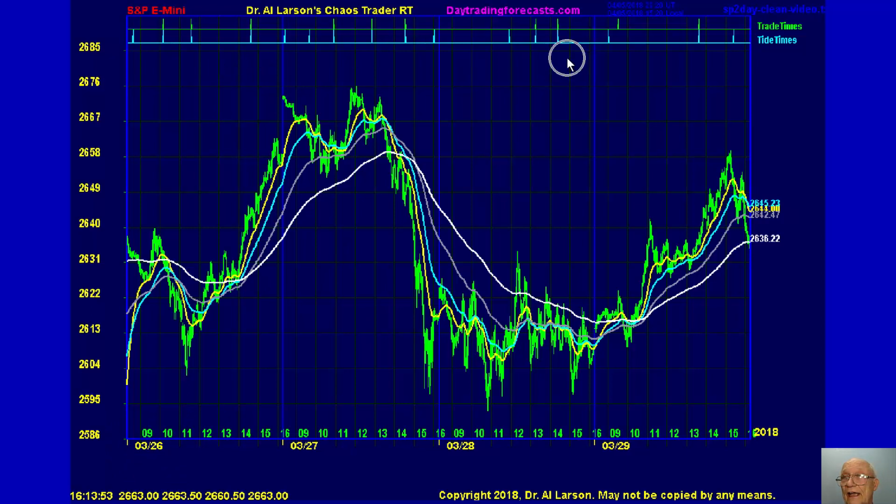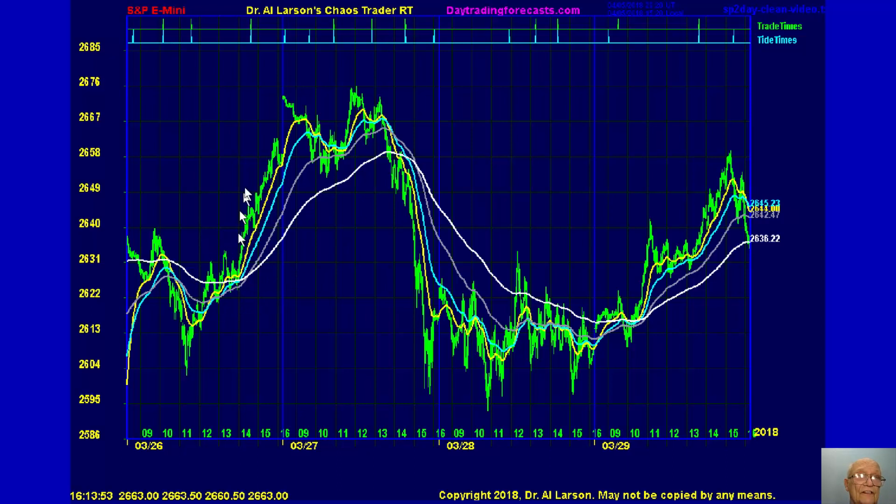Now along the top here I have the moontide times and the trade times. And then I have several exponential moving averages. I'm going to start here with the longest one. That's 440 minutes exponential moving average. 220, 110, and the 20. And the rules on daytradingforecast.com for trading the moon tides suggests that you simply watch near the time, watch the exponential moving averages, particularly the 110 and the 20, for